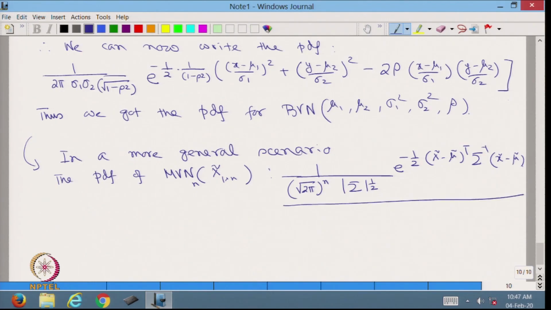So, this is going to be the formula for the PDF of multivariate normal, where